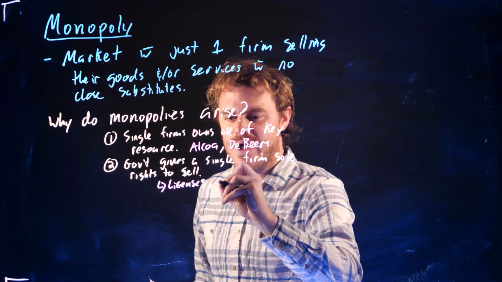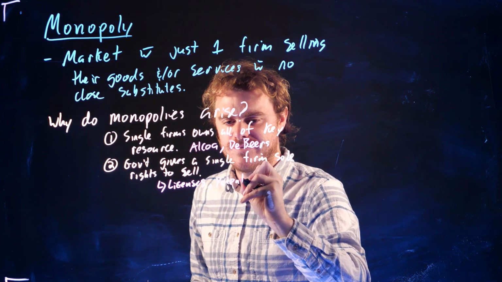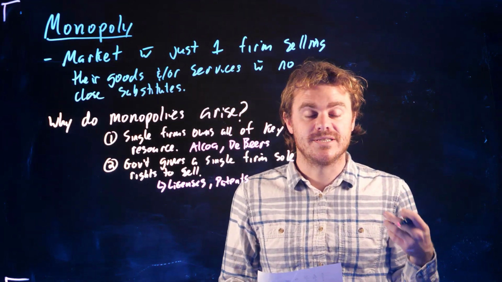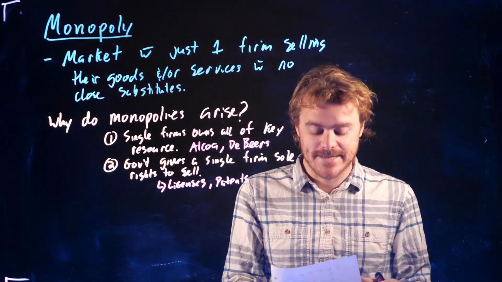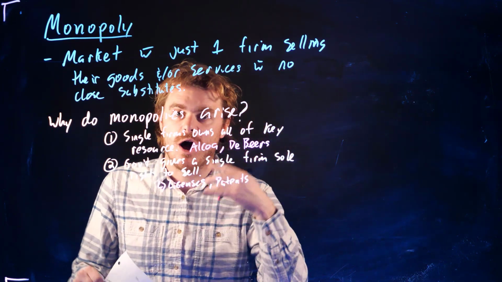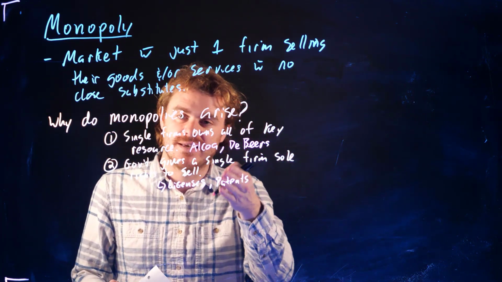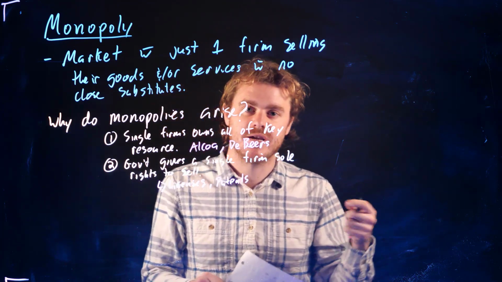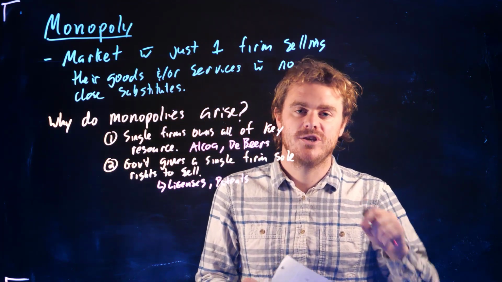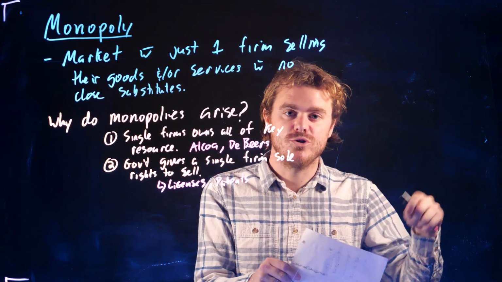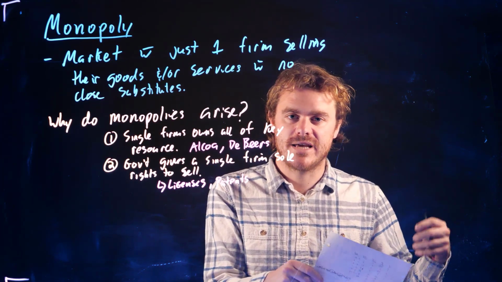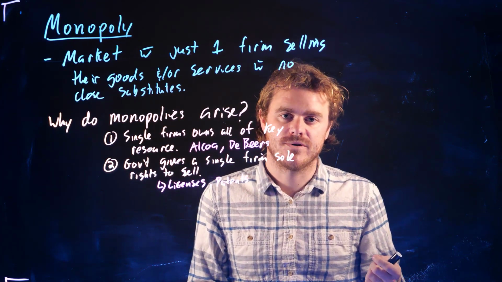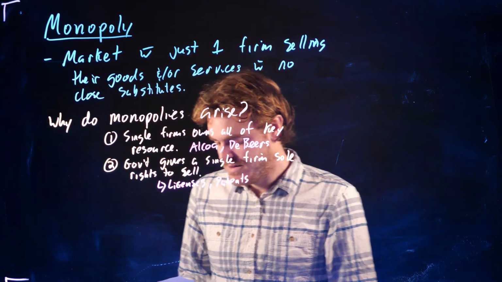So patents as well. Sometimes patents will give a firm sole rights to produce and sell things for some given period of time, right? So they're pretty well operating as a monopoly, because the government's saying, no, you came up with this new product or this new way of producing something. You're the only one that gets to use it. You have a patent on this. If it's a new good or service and other firms can't sell it, then they're going to operate as a monopoly for a while.